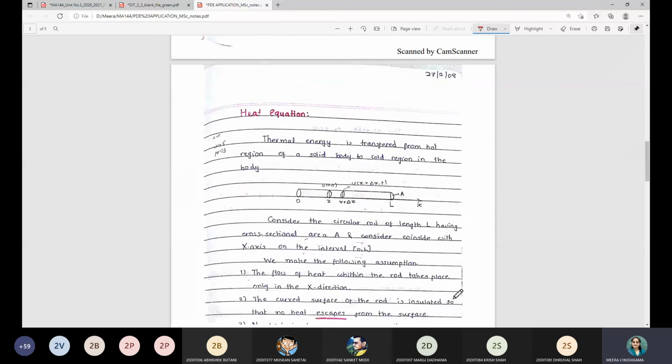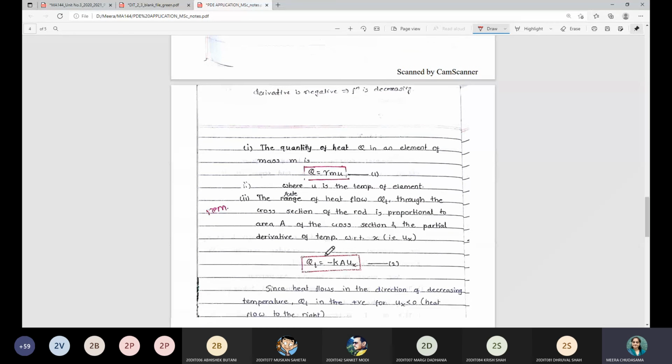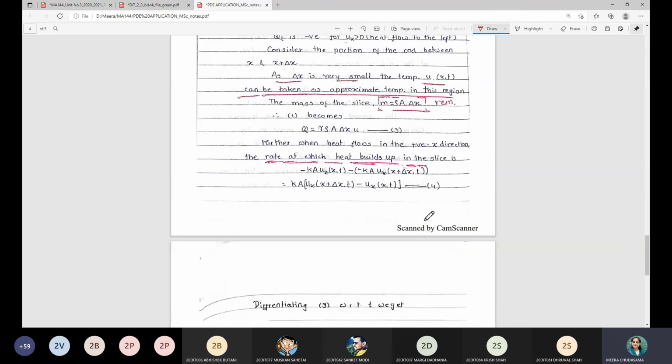And similarly, the heat conduction problem, you can see that these are the assumptions, and after having those assumptions, when you consider the heat, what is the exact particular subject of physics? It is heat conduction. You apply the theory of heat conduction here, right? So in that case you are able to obtain this partial differential equation, and that is called the one dimensional heat equation, right? So this is also one kind of heat equation we have.